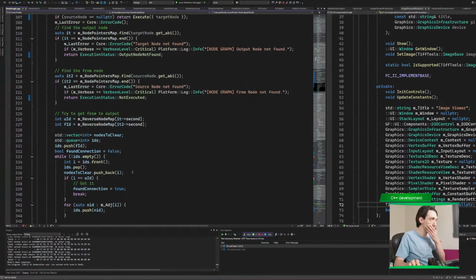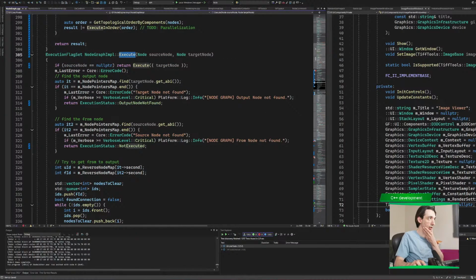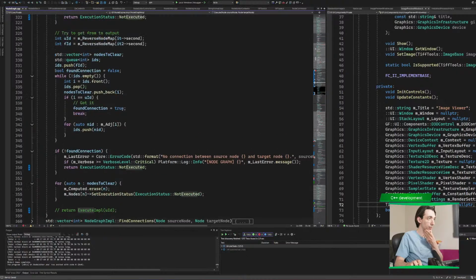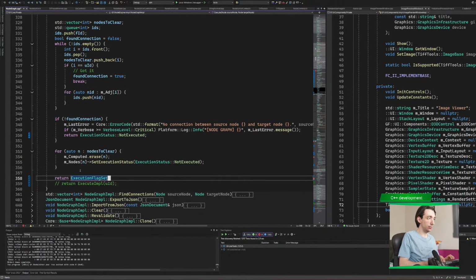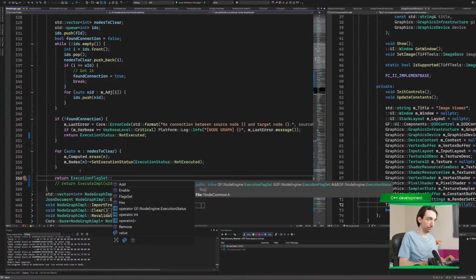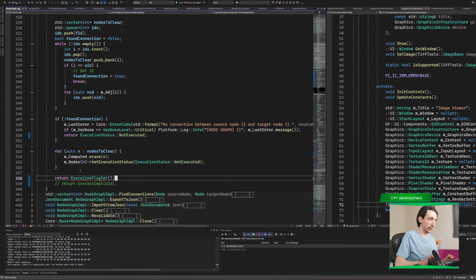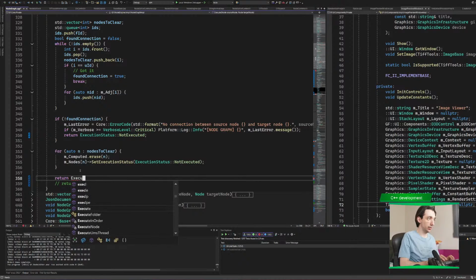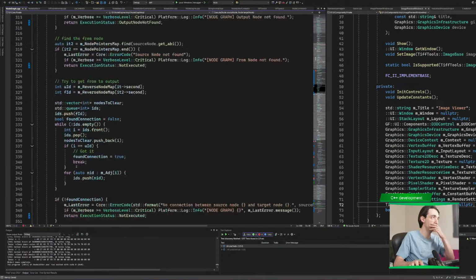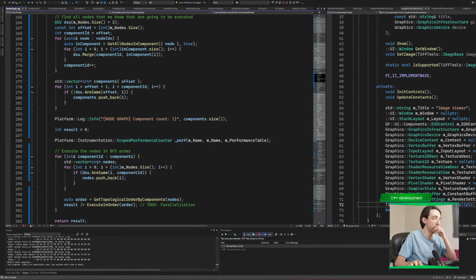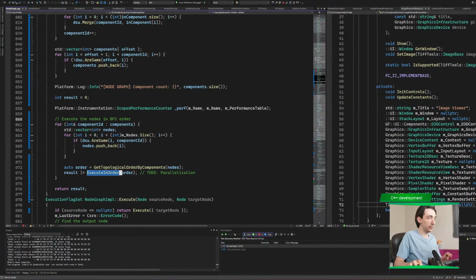Now this does not work. This won't work for the flag execution. Blah blah blah. This kind of thing here. But let's just say that we have some flag set or some execution stat. We're gonna go and back fix things. Execution status not executed. This doesn't work, but now that we're executing in order,